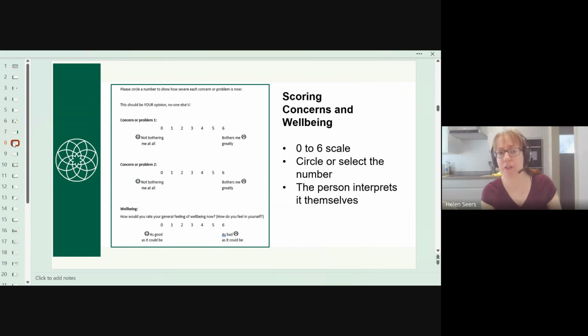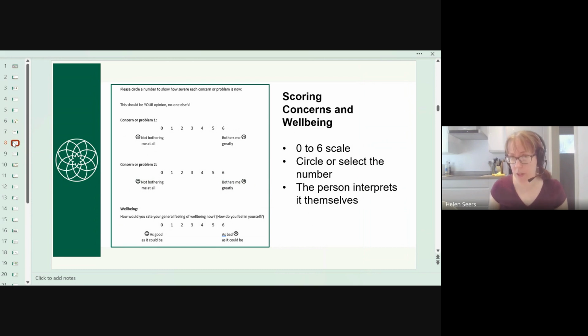And if they can't decide, just say, well, what's the worst case situation? Oh, well, so it's a 4 if they can't decide between a 3 and a 4. Because it's difficult to then interpret the scores if people have circled between the two. You want to keep it simple when the person doing the data input